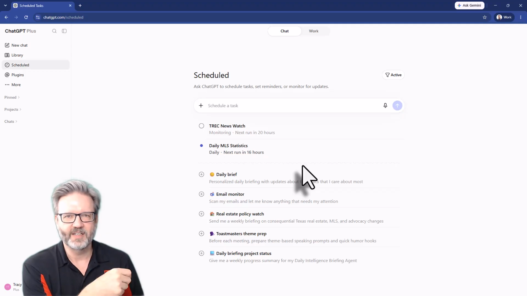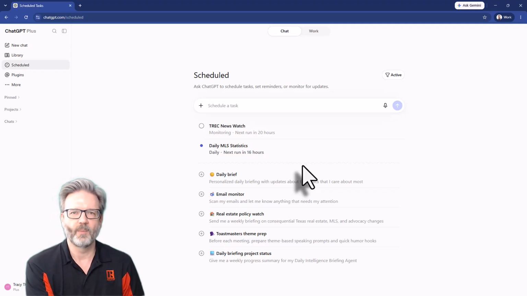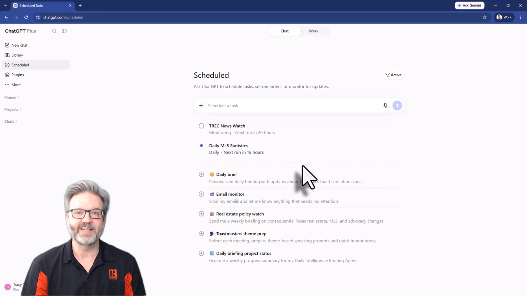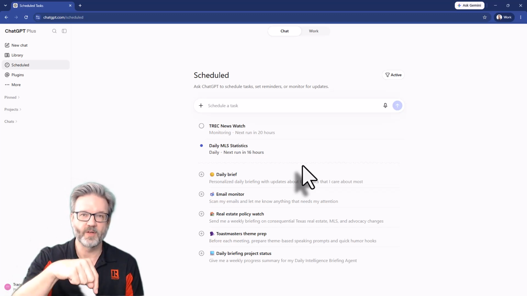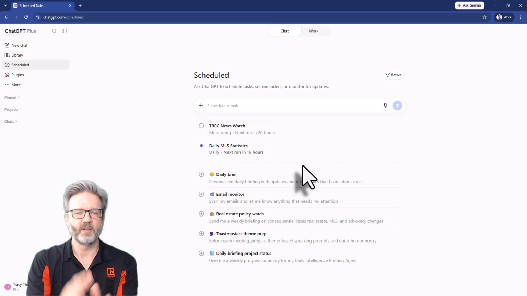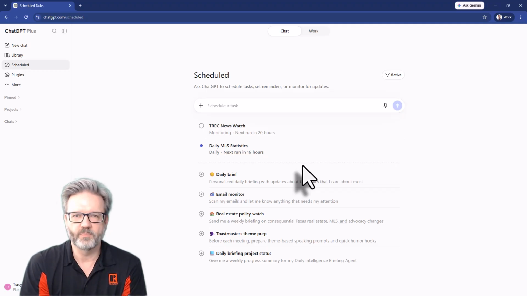It's sending me a daily statistic report so that I know what the numbers are every morning when I'm making my coffee. I did put the entire prompt that I wrote today below in the notes section in the description. You can copy and paste that if you'd like to, or you can take it, edit it, create it however you want if you want a daily